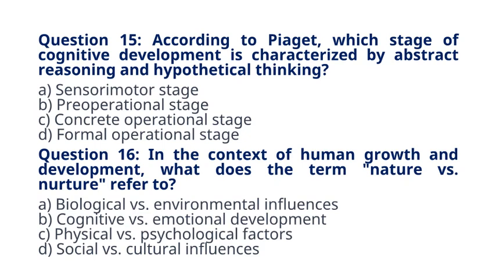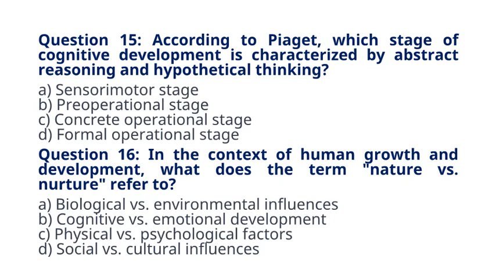Question 16. In the context of human growth and development, what does the term nature versus nurture refer to? A. Biological versus environmental influences. B. Cognitive versus emotional development. C. Physical versus psychological factors. D. Social versus cultural influences. The correct answer to question 16 is option A. Biological versus environmental influences. Explanation: the nature versus nurture debate concerns the relative importance of biological factors, nature, and environmental influences, nurture, in shaping human